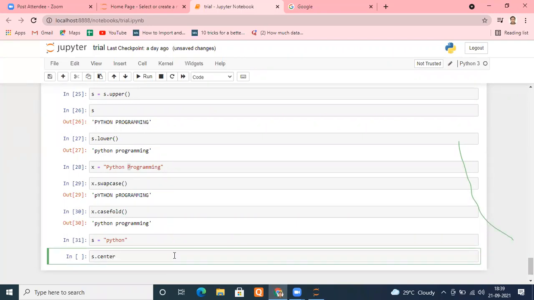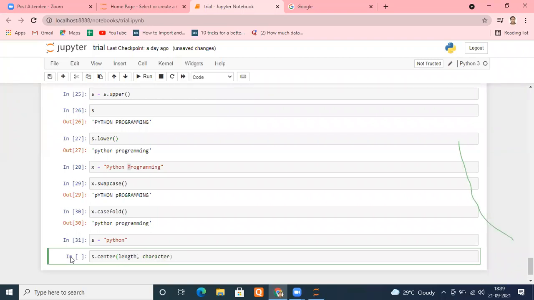What will it do? It needs some arguments. Two arguments it needs. The first argument is known as length, and the second argument is known as character.